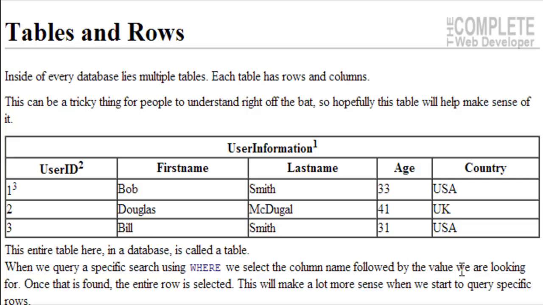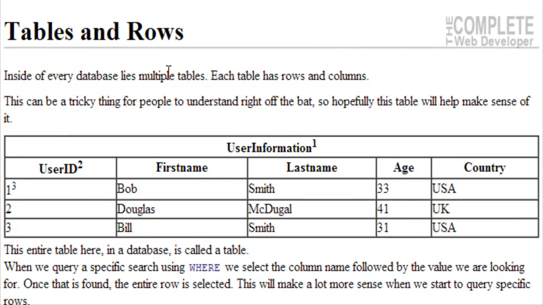Tables and rows. Inside of every database lies multiple tables. Each table has rows and columns, and this is how we break up and also connect all of our information. This can be a tricky thing for people to understand right off the bat, so hopefully this will make a little bit of sense. If it doesn't, and you are still pretty confused with the tables, the rows, the columns,